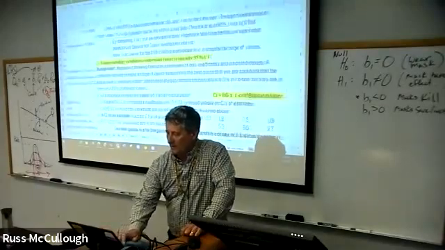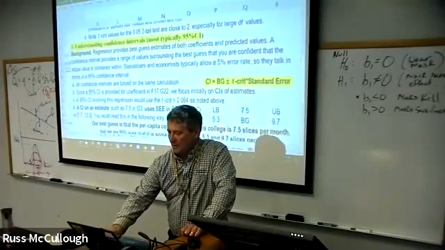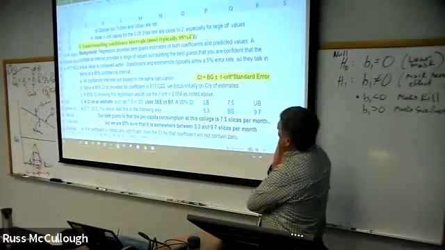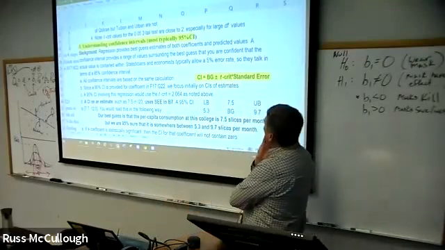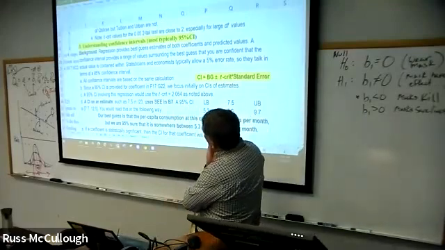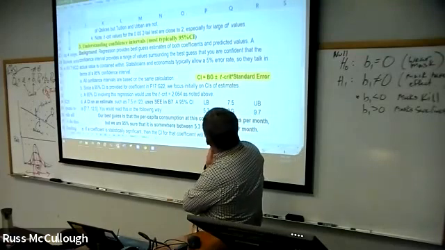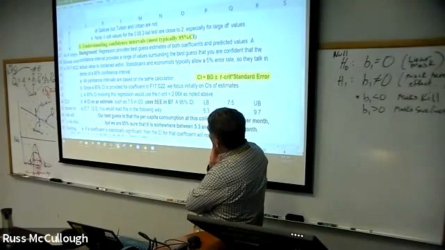All right. Confidence intervals. Now this will start to come together a little bit better with the background that we did. So regression provides the best guess estimates of both coefficients and predicted values. A confidence interval provides a range of values surrounding the best guess, so you're confident that the actual value is contained within.